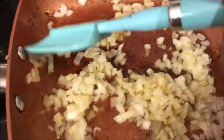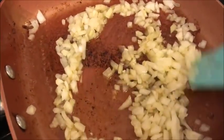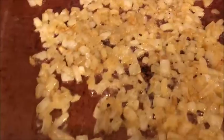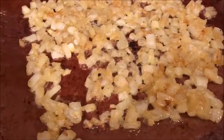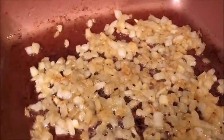I am going to saute it till they're a little bit, well, they're translucent for sure, but they're a little bit brown. So this is going to take a little while, probably about 10 minutes. All right, here are my onions, and they have been sauteing for about 8 minutes, and they have become translucent, as you can see. I want to caramelize them a little bit, so I want to get them a little